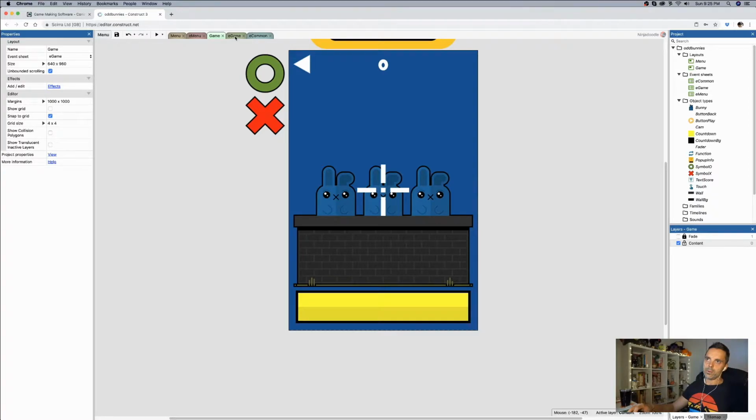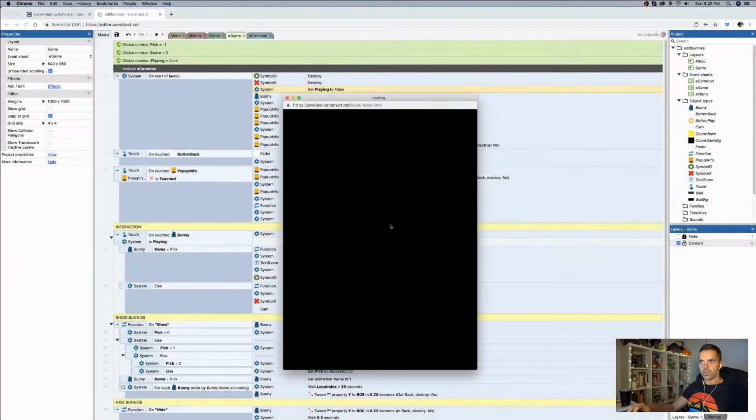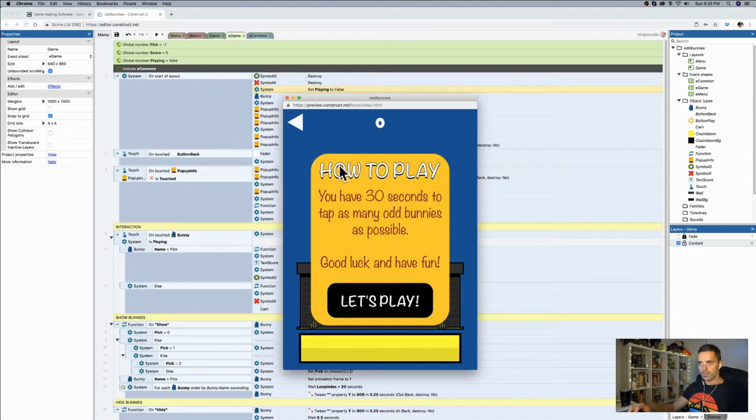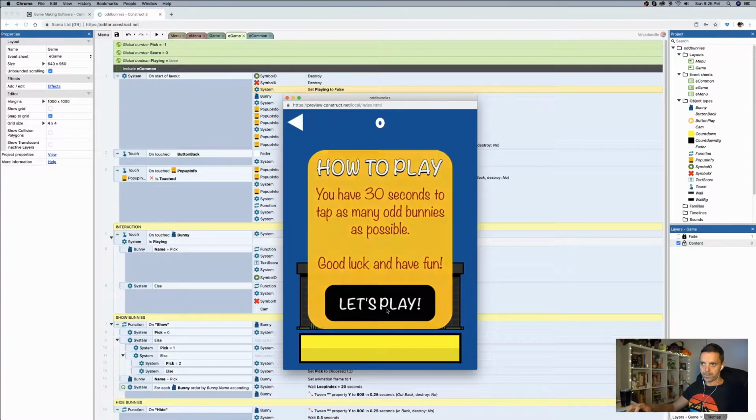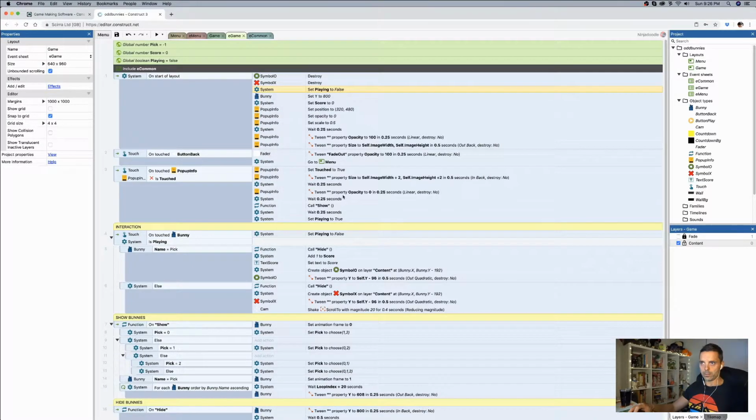Now we're going to go into game. As you see, when we tap our pop-up info, I'll just play this game again. So everything is nicely sitting there, nothing's happening. As soon as you click play, and it goes away and the bunnies pop up, we want the countdown timer to start. So what we're going to do is, right here where playing is being set to true,